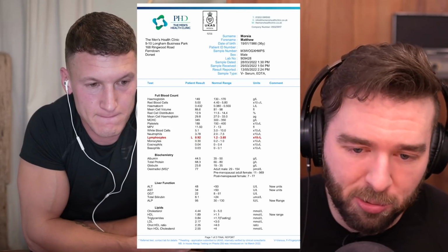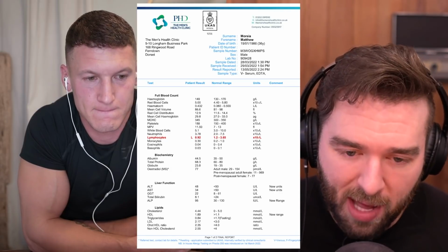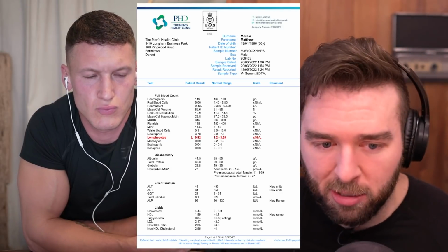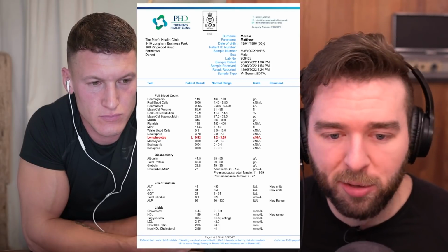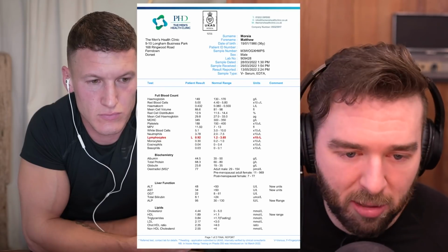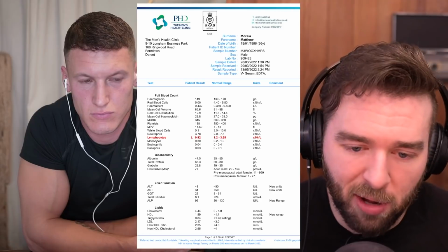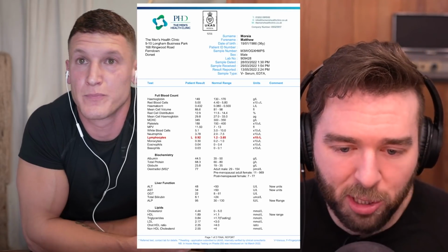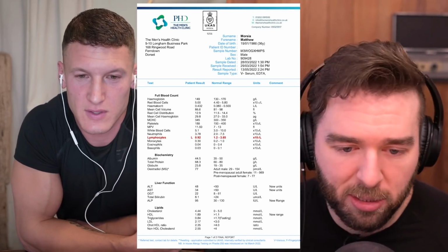In general, in guys who are using androgens, you would typically see an increase in some of these values. Guys who've used gear understand the process of erythropoiesis and the creation of new blood cells, and how these are going to be elevated in guys who are abusing certain drugs. Everything looks fine here, with the exception of your lymphocytes, but that's just a health metric that has nothing to do with your...